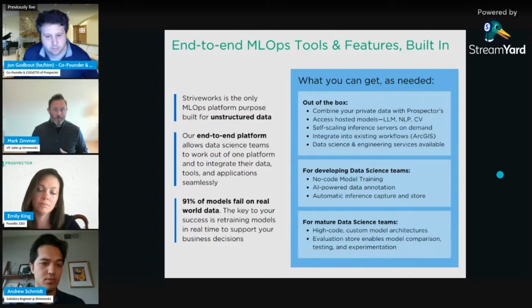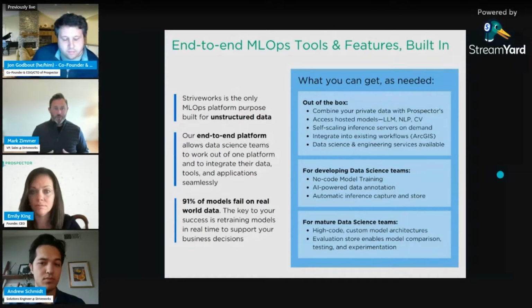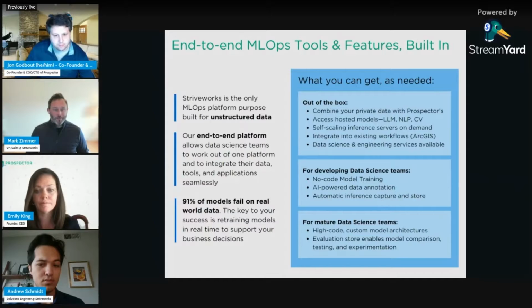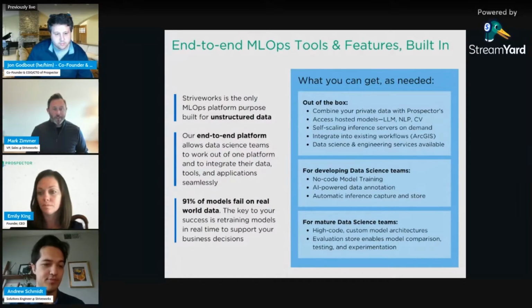And so it's important for you to be able to understand the drift of that model and ensure the inference level is at a point at which the business is comfortable making a decision off of. You don't want to make a determination to acquire a mine off of an ML model and find out that the inference rate is at 60%, which would be basically barely above random selection, right? So we want to make sure it's above a 90% inference rate. And so it's important for us to be able to look at those models.